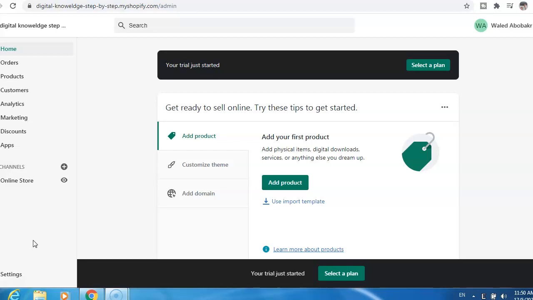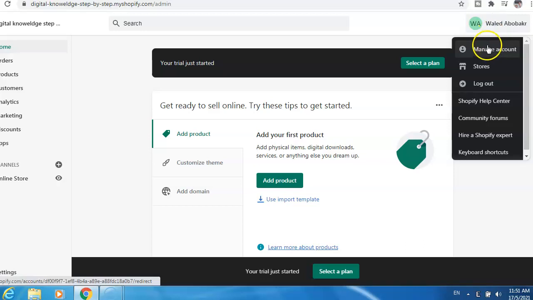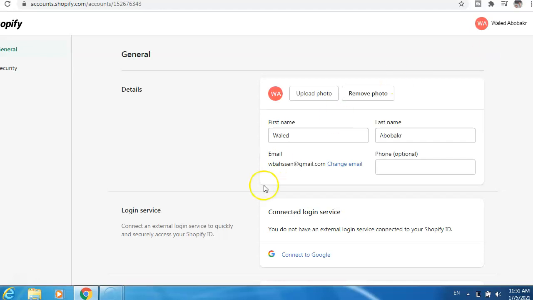What you need to do, first just go to Shopify and log in to your account, and then you click here on your username and then click manage account. After that you see here email, change email. Just click here